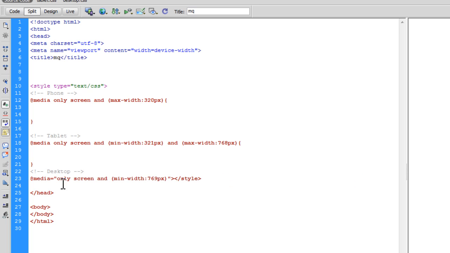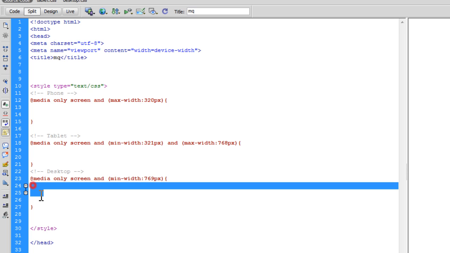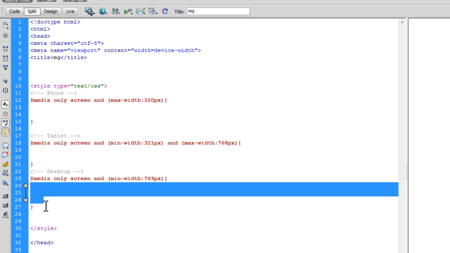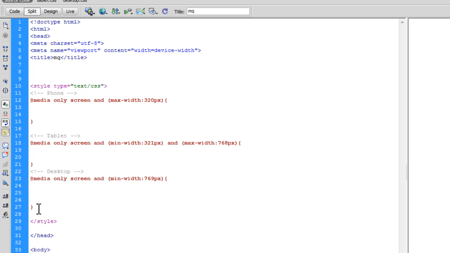So @media, add the space, and yep, alrighty. So the CSS for the desktops should go in out here. It's actually that simple. Let me say save, file and a save, and let's bring in the